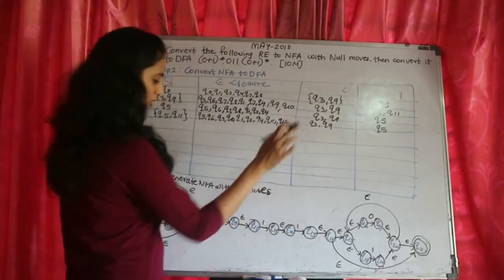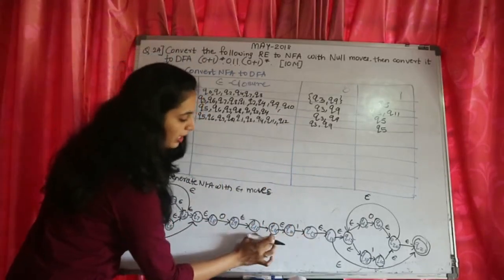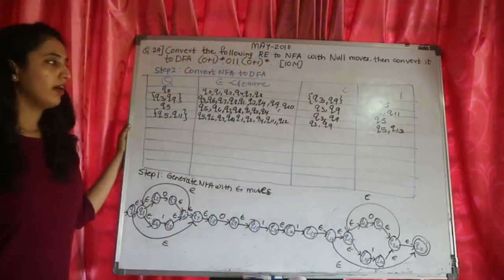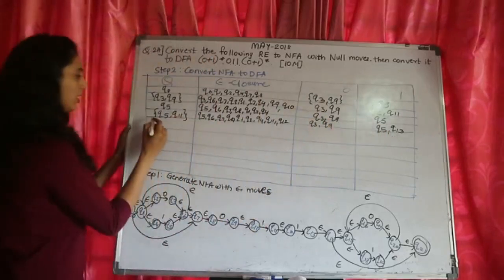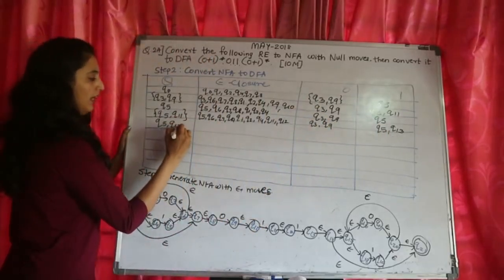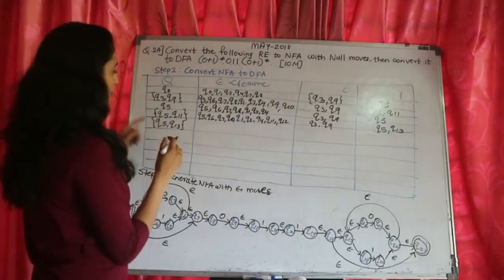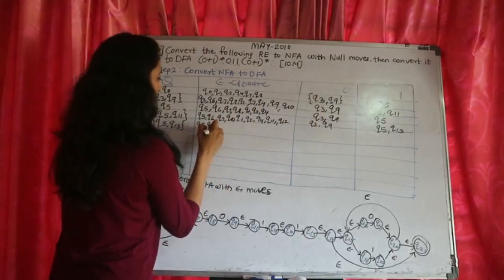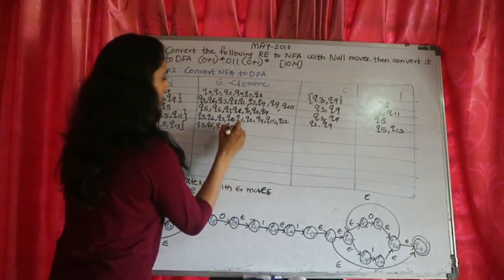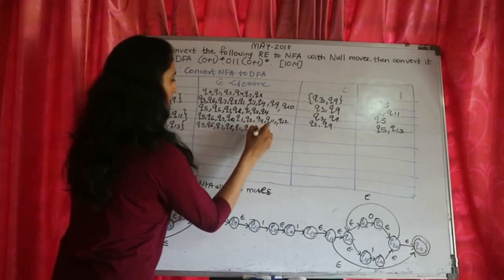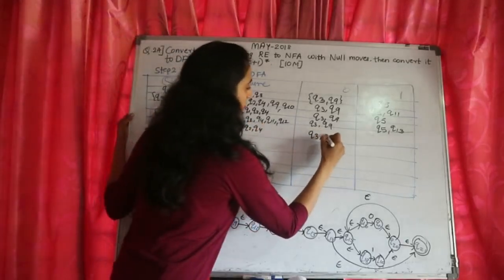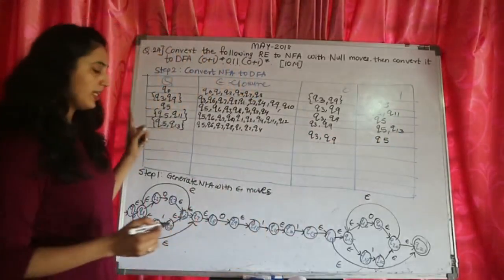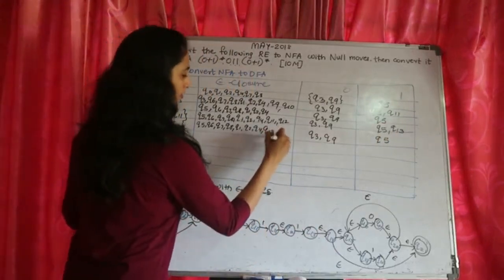Then Q11 on 0 and 1. If 0 comes on Q11, it doesn't go anywhere, but if 1 comes on Q11, it goes to 13. So 1 came, so to 13. Now I have got one new state, that is Q5, Q13. I'll write down the state. So Q5 and Q13, I'll again copy the Q5 state as it is. Okay, and for 13 I'll now add Q13 itself.